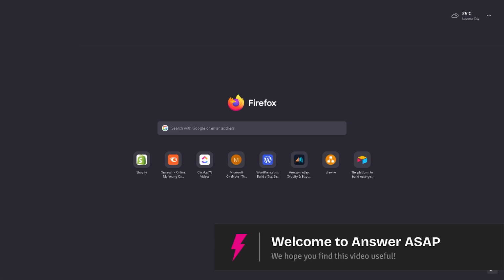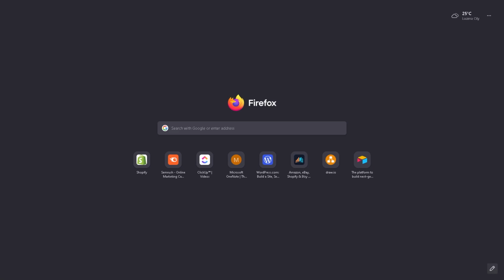In today's video, we are going to show you how to add extensions in Mozilla Firefox on your PC. Let's begin. Now, the first thing that you need to do is open Mozilla Firefox on your computer and make